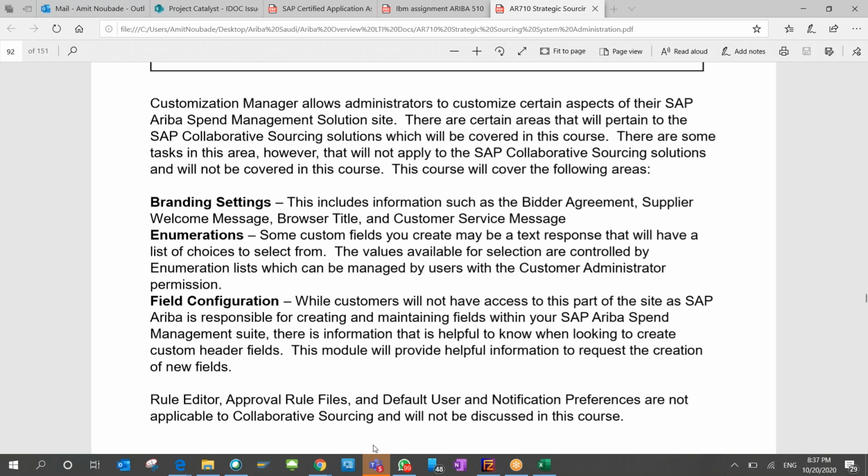So this external system configuration email, in that email, if you will see this, there are two values which we can import over there. Those two values are nothing but the enumerations. I will also show you how exactly we can add those enumerations in the custom fields. Now, field configuration. Customers will not have access to this part of the site, as